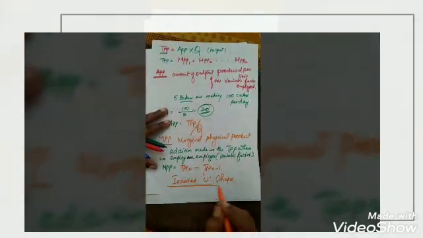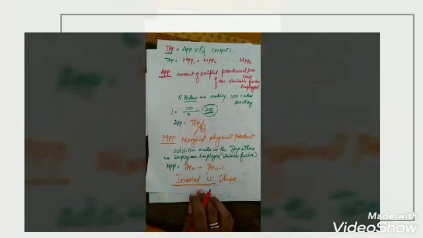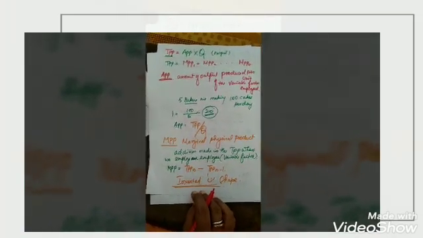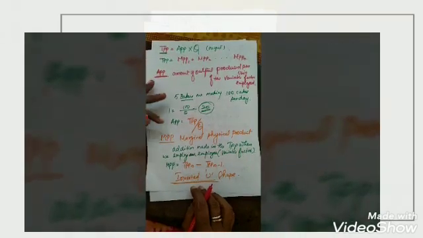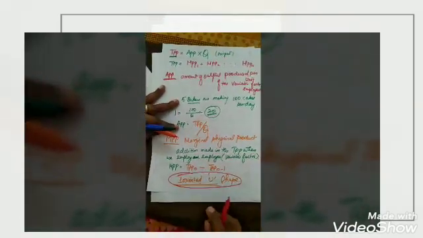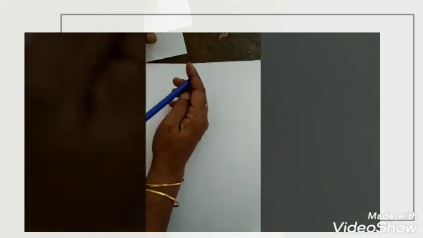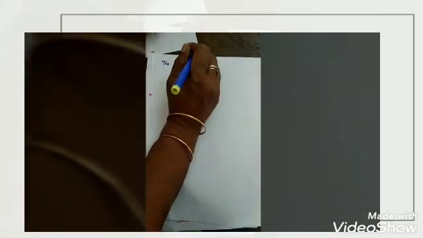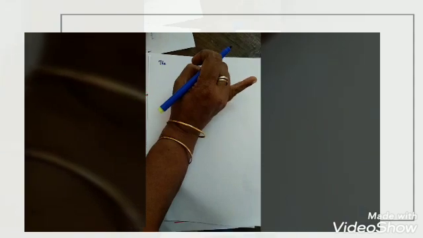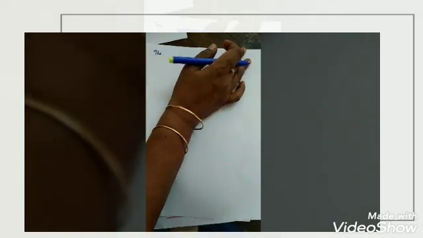Very important question. What is the shape of the marginal physical product, average physical product, as well as the TPP, total physical product? Everything will be an inverted U-shaped curve. Okay. So, a very important law we are all going to learn. Which law is there? The law of variable proportion. What is that law? The law of variable proportion. With the help of the law, we will draw the TPP, APP, MPP and its calculations also.